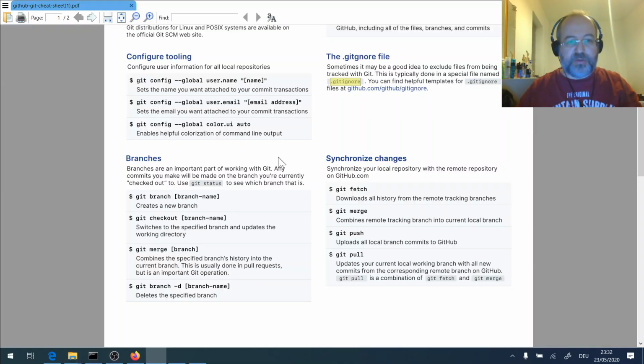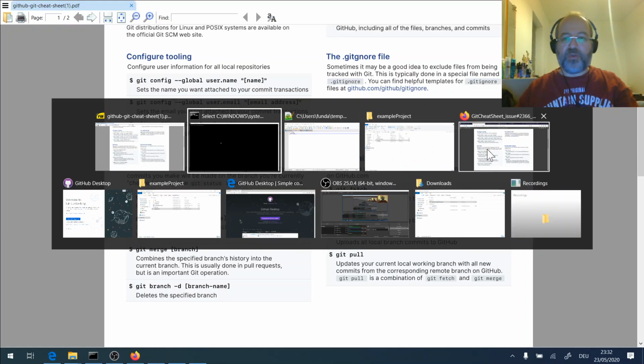Let's go back to our git ignore with sort, and we have this git fetch, git merge, git push, and git pull. And what do they do? First of all, we need to